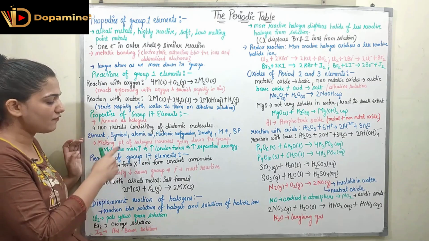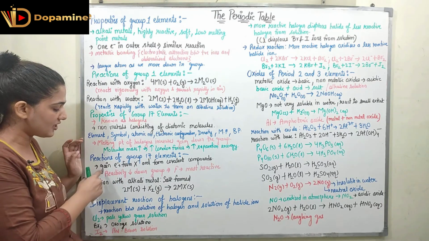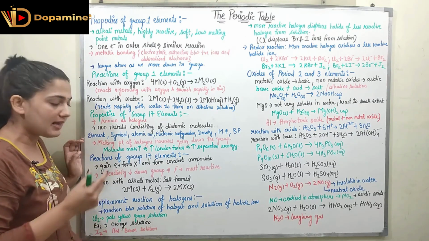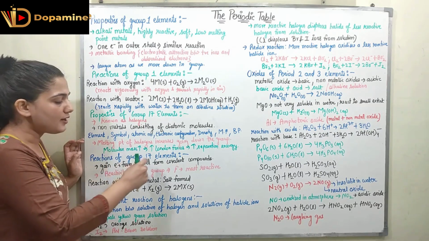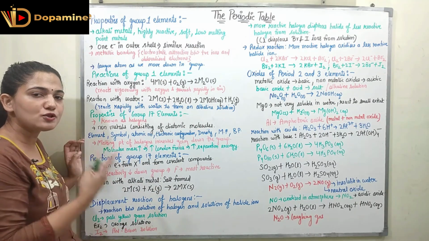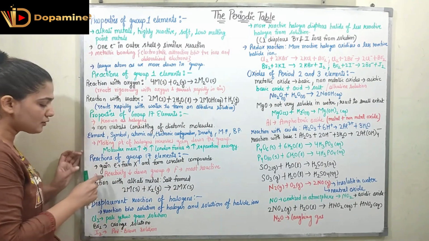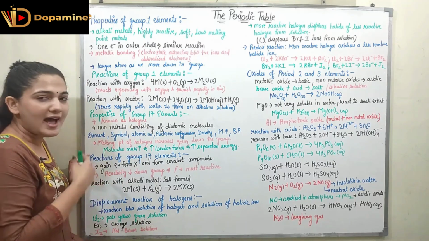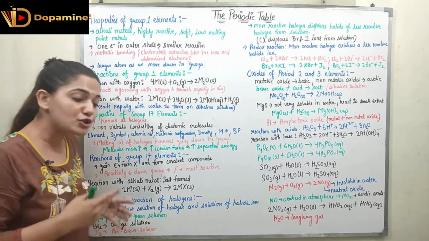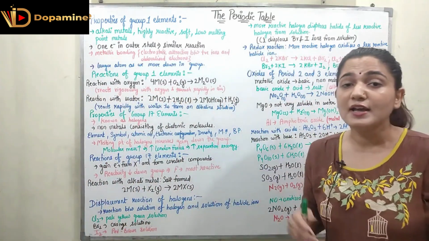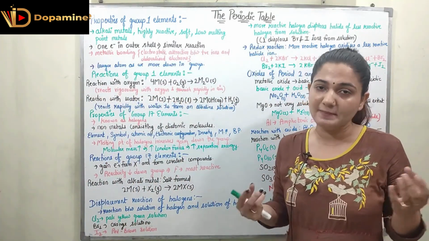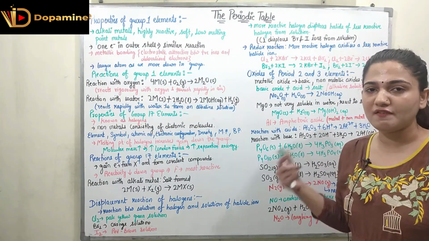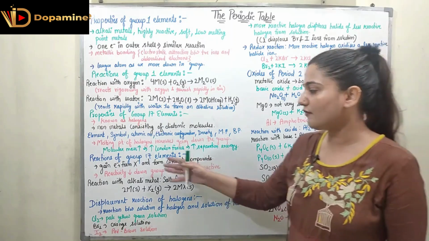Now coming to the reactions of group 17 elements. What are the various reactions? They gain an electron and form X negative, or they can form a covalent bond. These are the two types of reaction they undergo, right? The reactivity decreases as we move down the group. So fluorine is the most reactive element present, and it can react with any other element in the periodic table. As we go down, the reactivity of iodine is much less than the reactivity of fluorine.